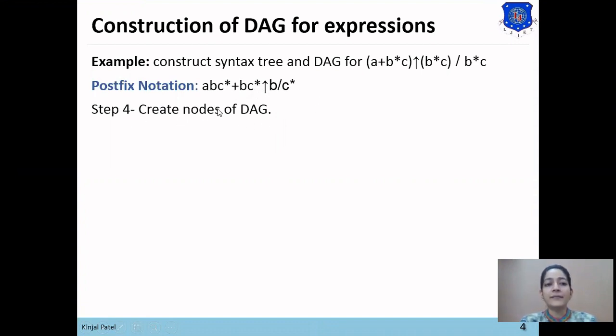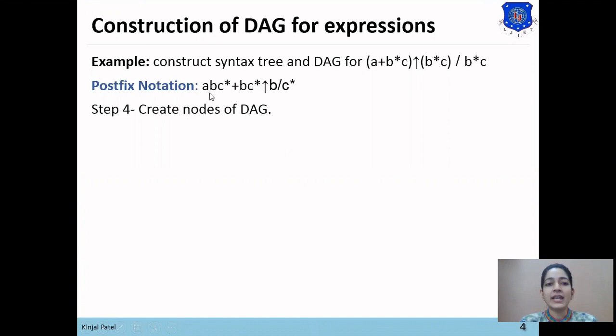Now the difference between syntax tree and DAG is that in DAG common sub expressions are identified. So the difference between the nodes of syntax tree and DAG is that we will not create the nodes for the common sub expression of this postfix notation.